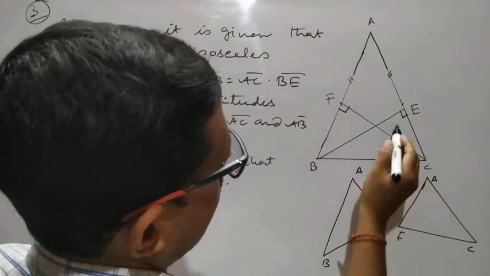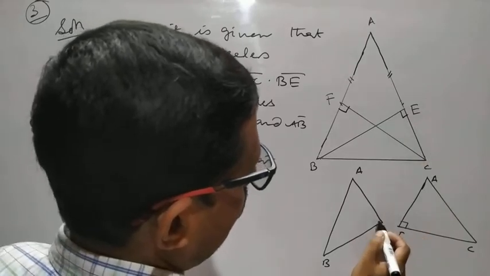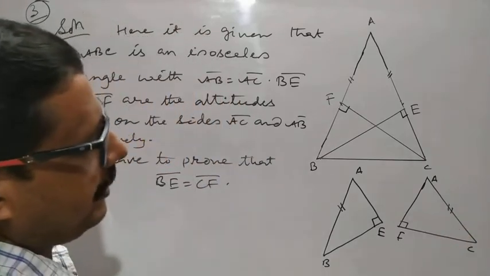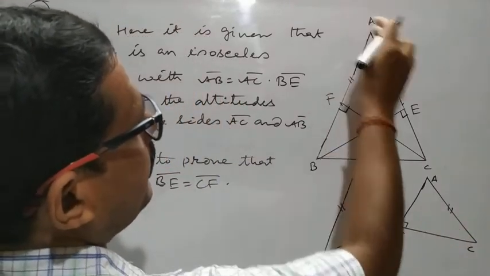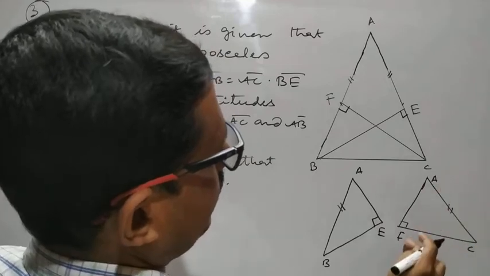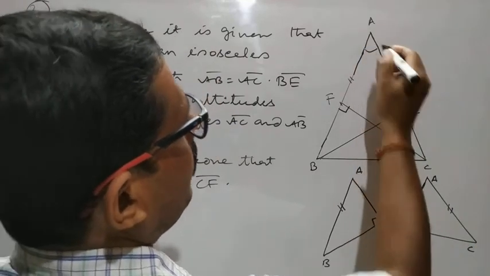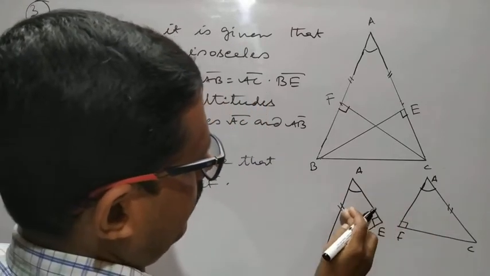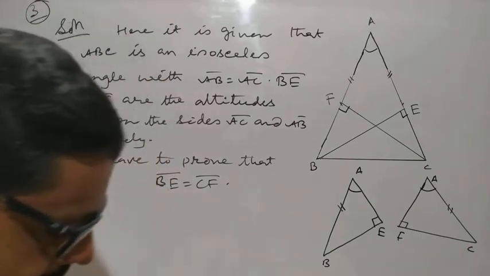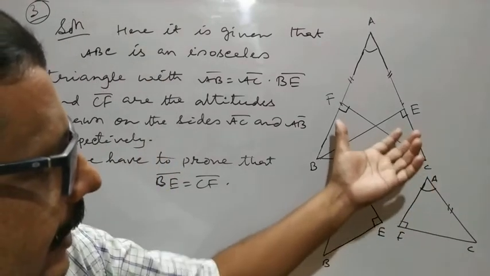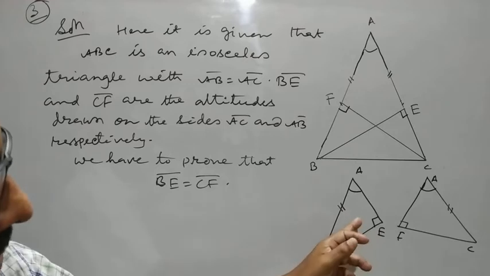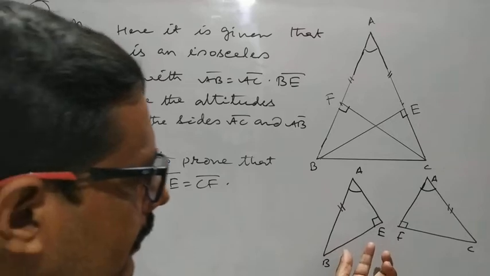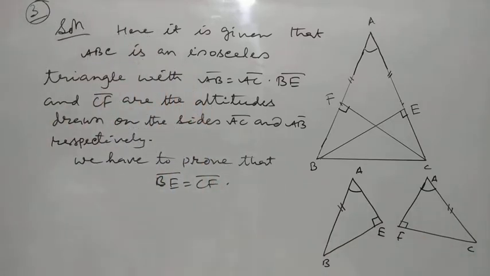So from these two triangles you see this angle is 90 degree, so this is also 90 degree. Again we are given this and this equal, and again you see angle BAE and angle CAF is the common angle. Therefore, these two triangles are congruent by angle, angle, side. If we separate the triangles, it will be easier for us. Hence, since these two triangles are congruent, therefore BE will be equal to CF by CPCT.